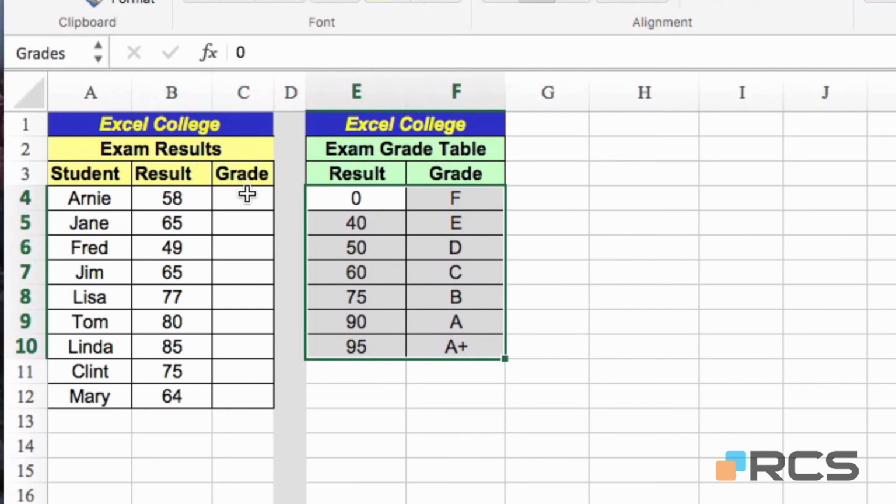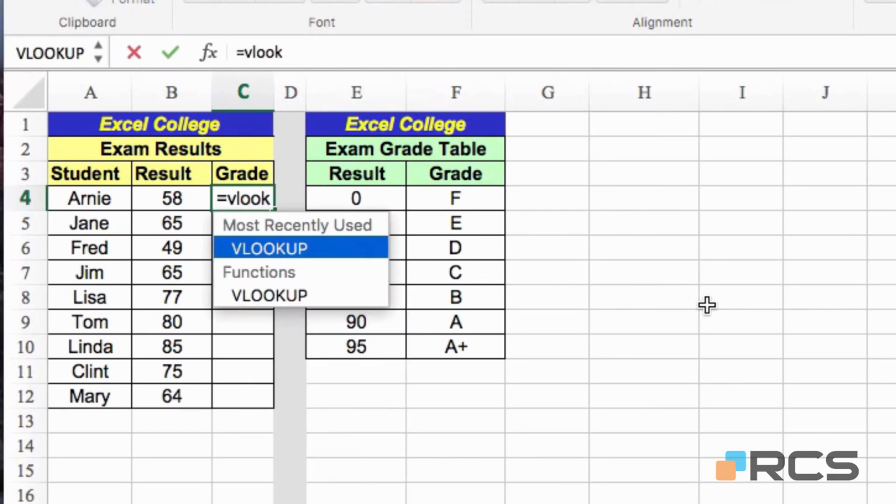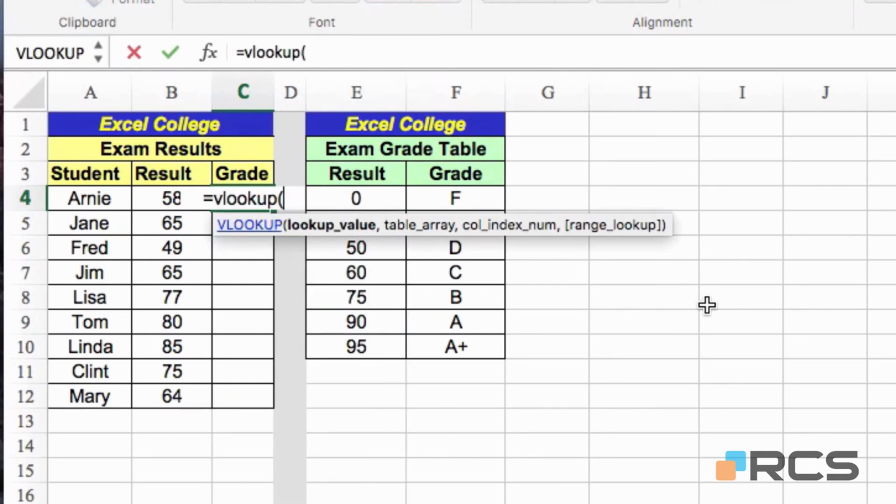So if I come now to cell C4, I'll create the VLOOKUP. So again, equals on the keyboard, the name of the function VLOOKUP, open parentheses. The first thing we need to enter is the lookup value. In this case, it's the result in column B. So I click on B4, type a comma, and here I would normally select the table range, but as I've named it,